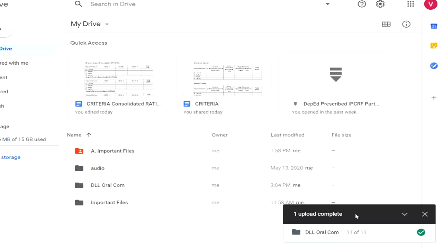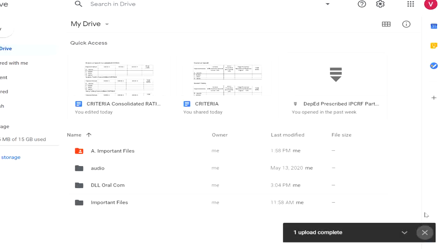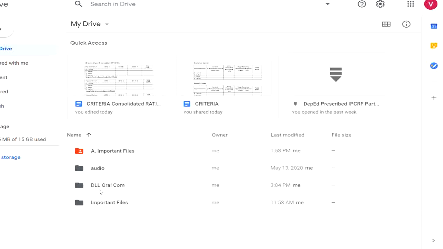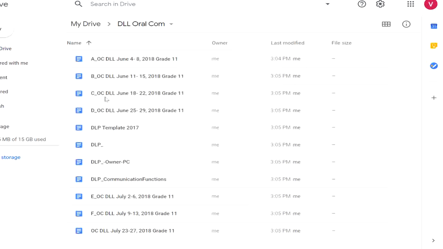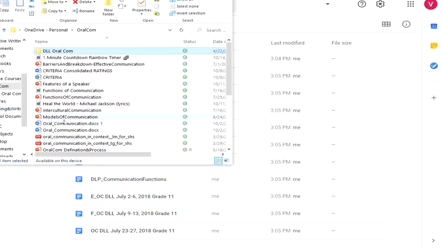Okay, so upload completes. And there is the folder with the same name from your PC folder, right? When you click it, you can also see all the files in the folder, right? Okay, so that is how to upload a folder. And basically, when you have to upload files, like the video, the PowerPoint, the Word files,